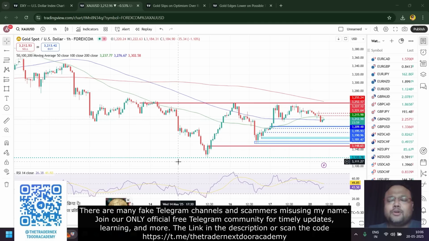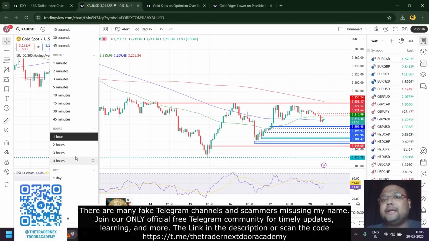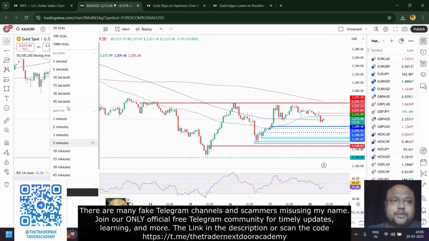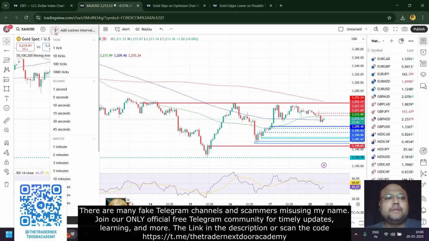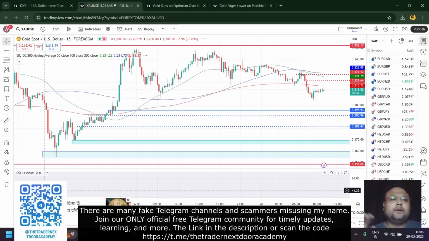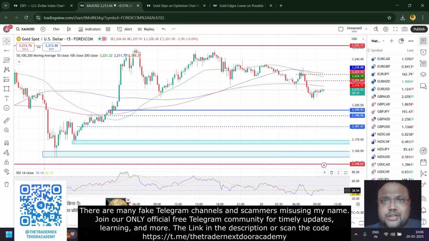But in case market goes down, because market is full of surprises, then keep in mind that it will be a technical confirmation that gold is bearish. And for more trading opportunities, we need to switch to a lower time frame. So we will be discussing the opportunities on the 15 minutes chart.